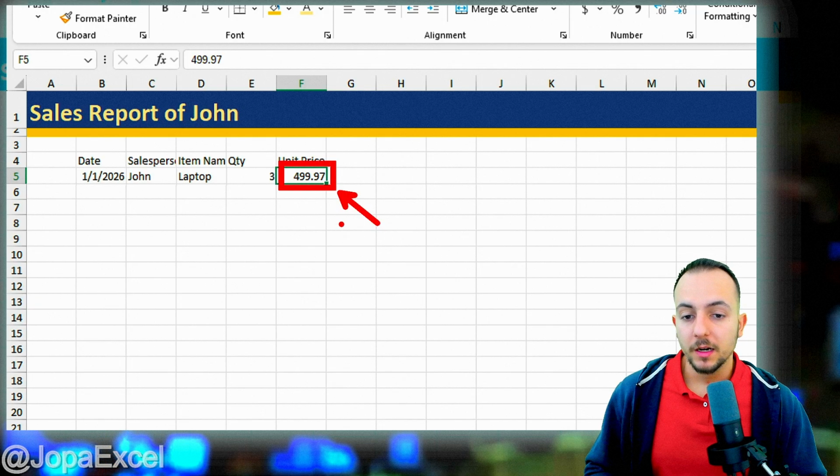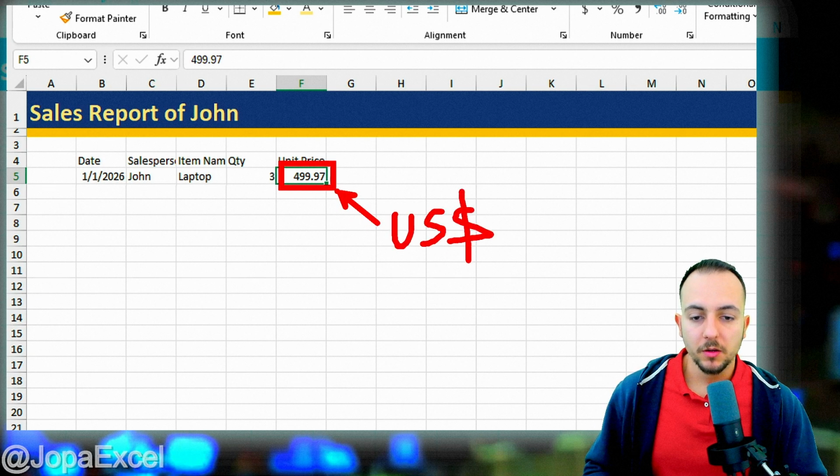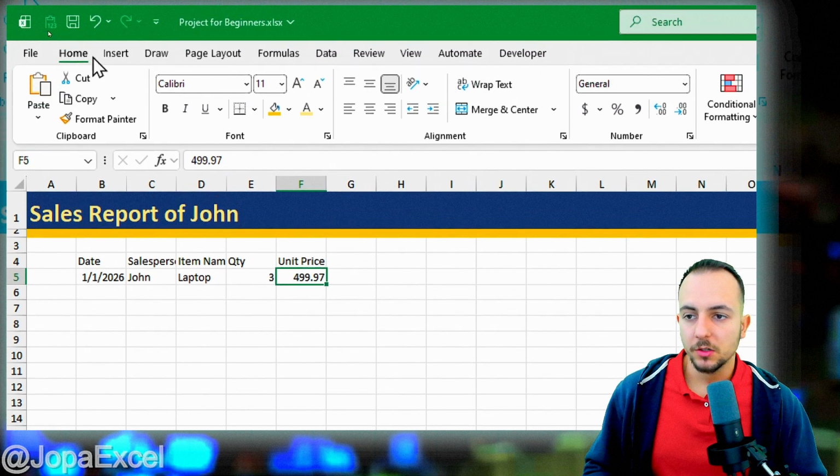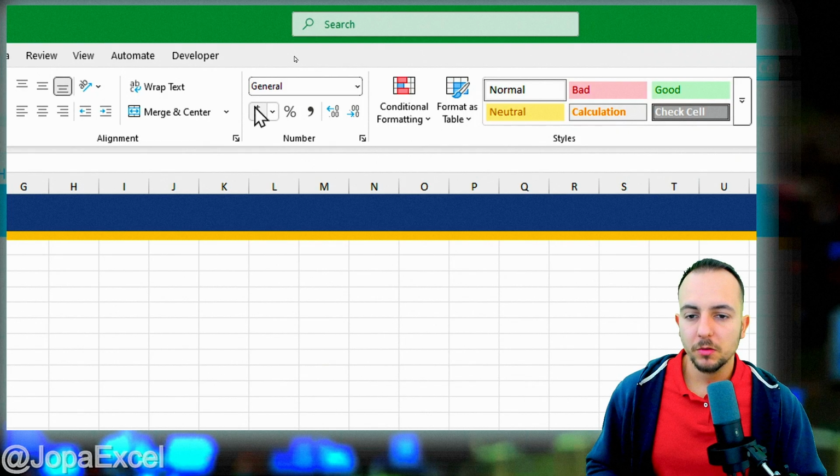The unit price is something that may require some attention because the price needs to use a currency. What currency can we use? It depends again on your country. So let's say I want to use dollars, United States dollars. How can I format this number to dollars? I can click on this number, go to the Home tab, and simply go to this